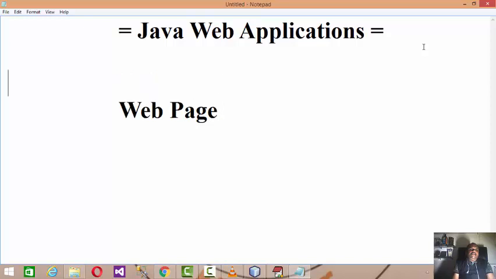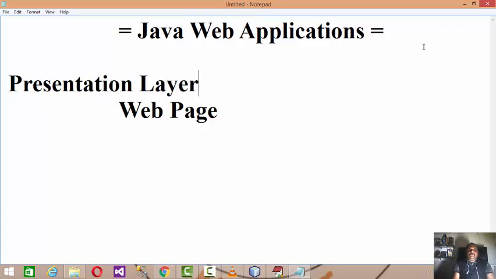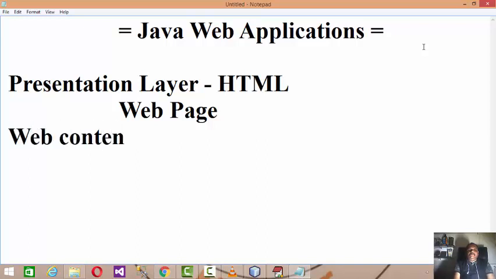The entire presentation layer we are designing using HTML. So a web page means where we can add web contents in text or image format.